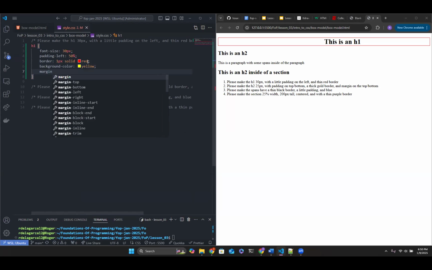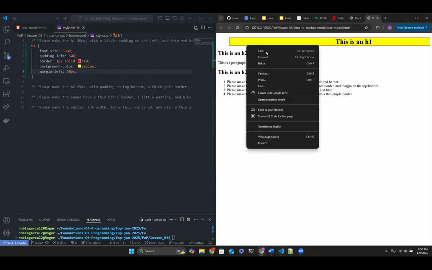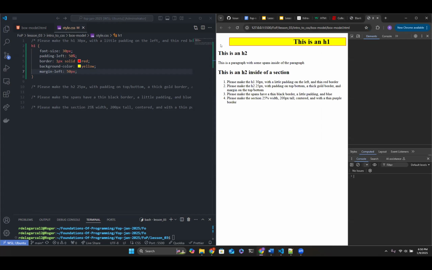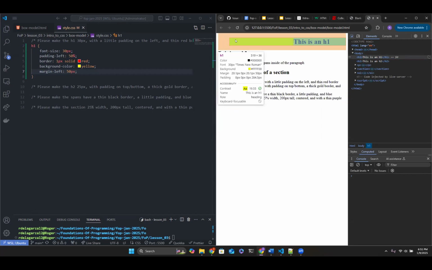And I wonder if we can see the margin-left set to 50 pixels. Right, there's a margin right here. This whole element actually goes all the way to the left, but you don't see it unless you hover over it with your inspector. This is still all the H1 element, so call it that space right there between the border and the edge of your window. That is where the margin is.